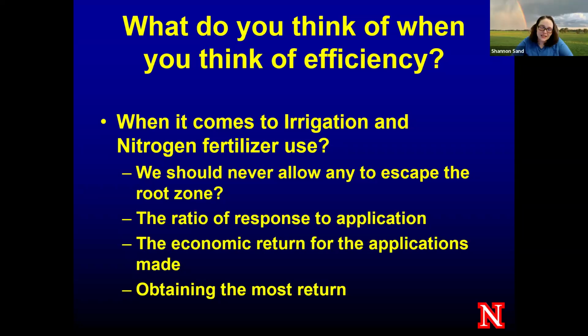Some people actually use this kind of ratio in the actual application of farming. They go, oh well, I need to put a half a pound of fertilizer on per acre for every one bushel or whatever. A rule of thumb type thing, and that's actually a measure or a ratio, and it can be used as an efficiency ratio if you wanted to. You could calculate it as an average, or you could do it at certain points in the field. Okay, so the next one is the economic return for the applications made, and now this one